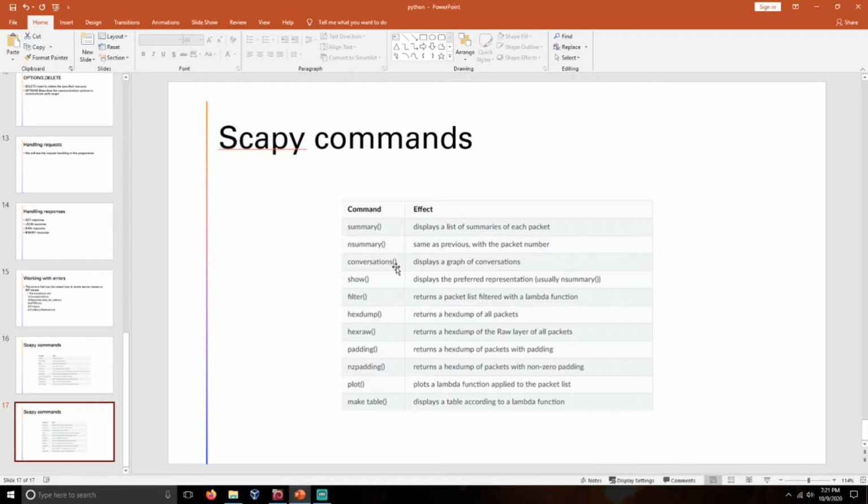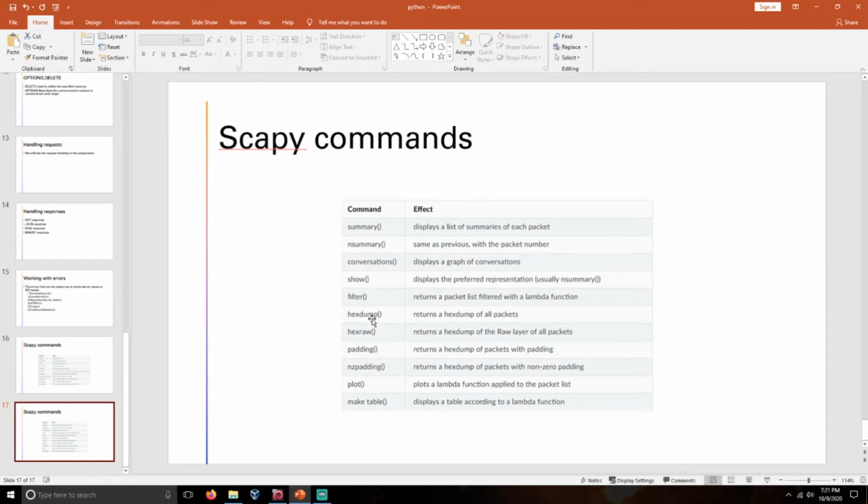And conversation will display the graph of conversation. The show method will display the preferred representation. If you use the summary method, it will print the summary. And if you use nsummary, each line will begin with the number of the corresponding packet. And if you use filter, the packet list will be filtered with a lambda function.